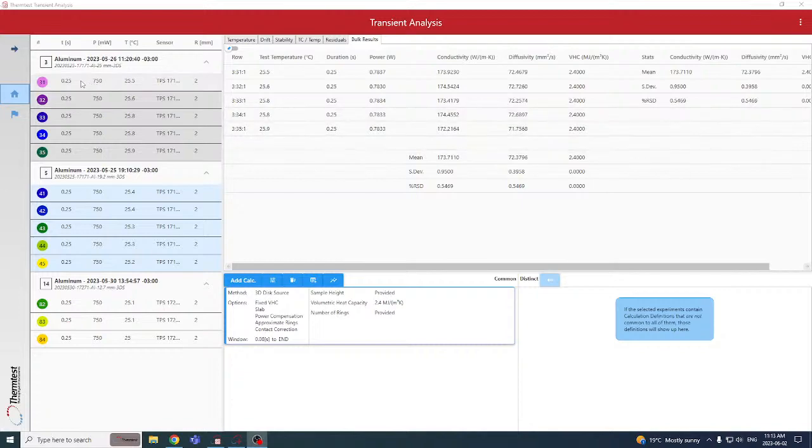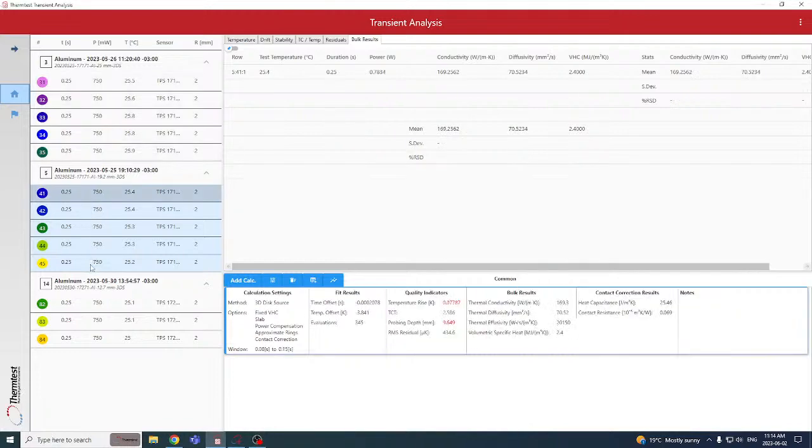So 0.25 second measurement. Here's 5 measurements. We have inputted the volumetric specific heat of aluminum. When you're down around these test times, you need that to correct for the diffusivity properties. Our thermal conductivity is 173, and you can see the importance of that. And our calculation window is the full 0.25 seconds. That's what N means. It means all the data is included. In our 0.25 seconds,